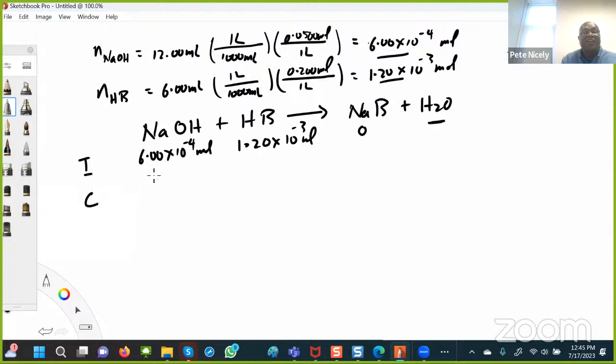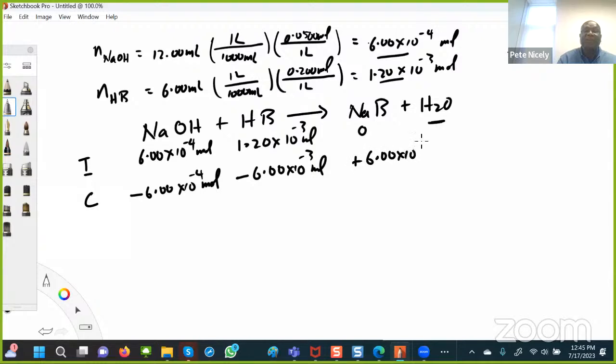As far as the changes are concerned, we need to identify which of these two would be the limiting reactant, which would obviously be the sodium hydroxide. So I'm going to put minus 6.00 times 10 to the minus 4 moles, because all of it will be used up. And because of the 1-to-1 mole ratio between those two, I'm going to put minus 6.00 times 10 to the minus 3 moles of that. And then over here, that will be plus 6.00 times 10 to the minus 3 moles. All right. So at the end of the reaction, you're going to have